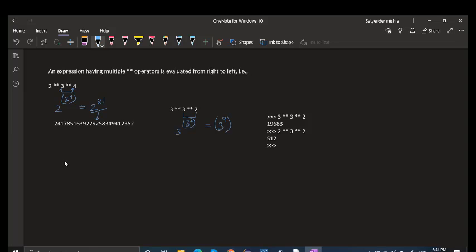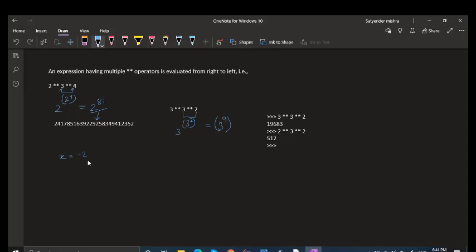Next, let's talk about some confusion. When I said that the unary operator has lower precedence than the exponentiation operator, what will happen here? For example, there is a variable called x containing the value -2.